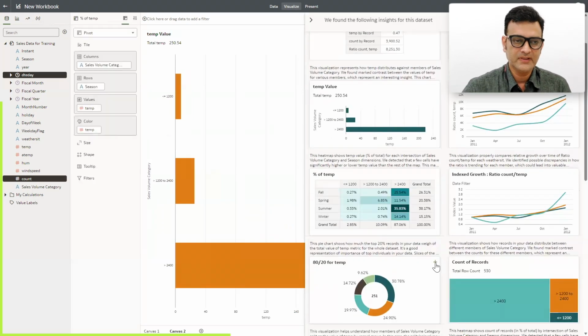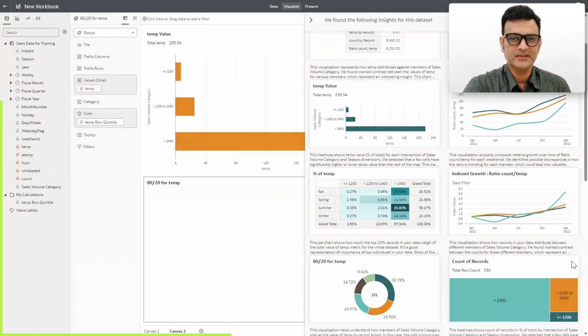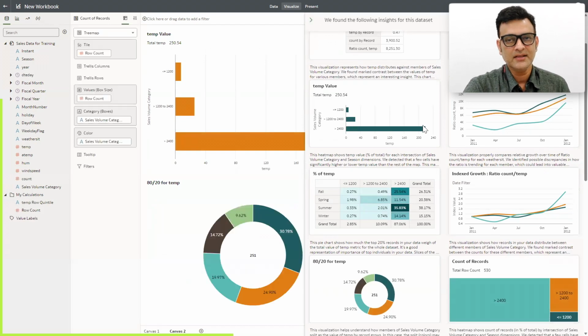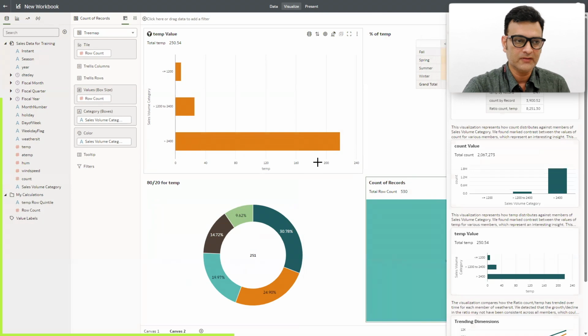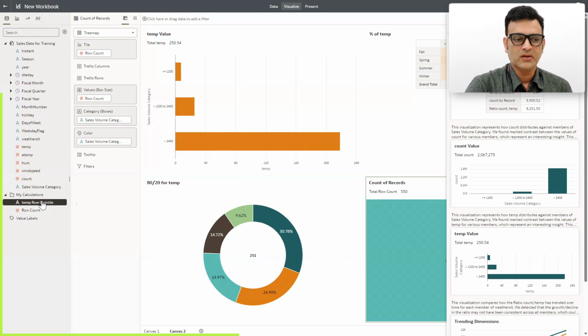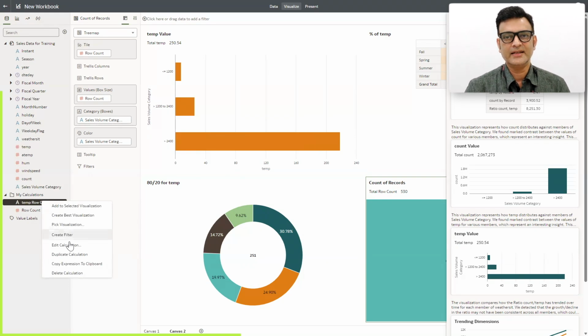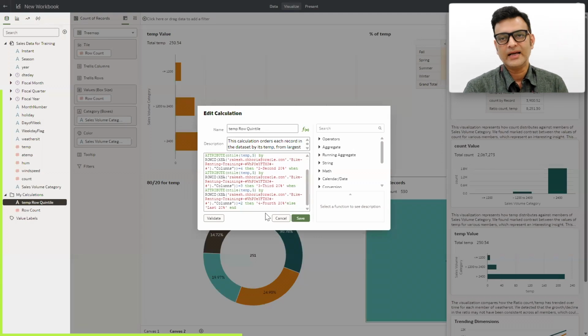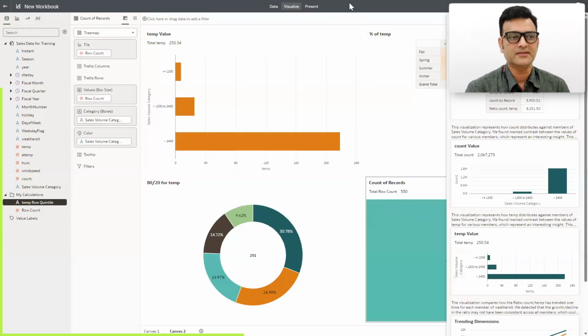Now another good part of this auto insights feature is when you add visualizations to the canvas, if there are any calculations that are done to generate these visualizations, those calculations get added to the workbook. So now these are reusable. You can use these calculations in creating new visualizations within the workbook. Okay. So if you want to look at it, this is how the calculation is defined. Now this is created for you by the system. So in this way, this is how easily you can actually use the UI and create visualizations, be it simple drag and drop, or you can use the auto insight capabilities of the platform to generate these visualizations. Okay.